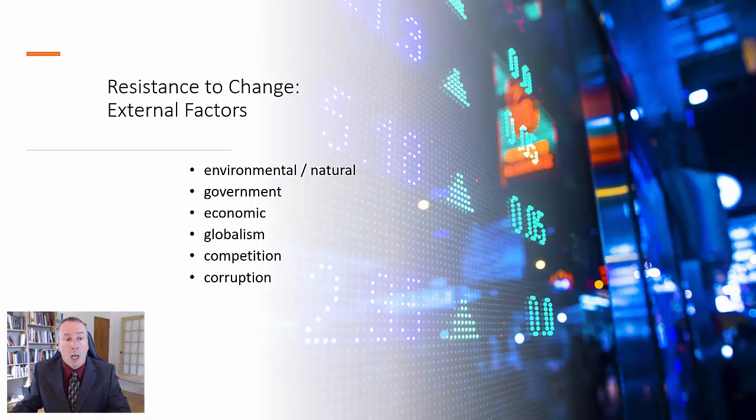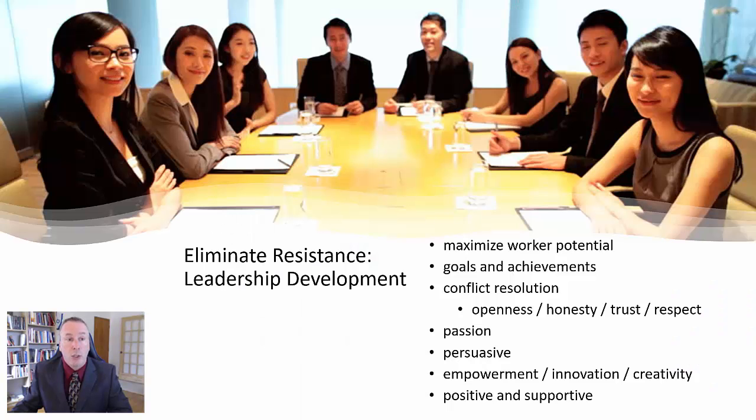And finally, corruption. Unfortunately, corruption exists. It always has existed. It probably always will exist. And when employees, yes, that's a little bit more internal, are corrupt, or there are external individuals that are corrupt, that cause problems within your organization. It could be, for instance, government officials that are corrupt, that are making demands of organizations that cause problems. It could be even competition that are causing problems for the people that they're competing with, and an organization must adapt and change to address these challenges.